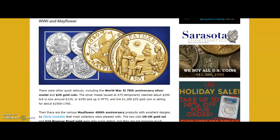I did not want the silver. The only one I wanted and the only one I tried for was the gold, and that I failed miserably at. The silver medal, issued at $75, temporarily reached about $200, but now is around $120, and that's exactly what my local coin shop is selling it for, $120. I was there a couple days ago, and he offered to sell it to me for $120, and I had no interest in it. Or $250 and up in proof 70, and